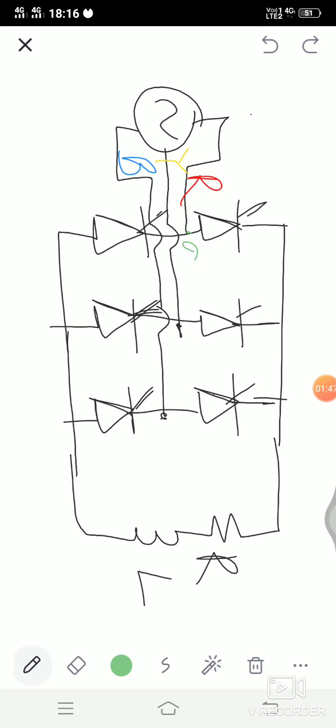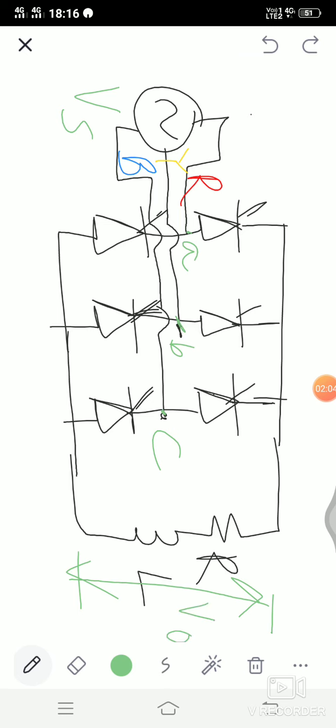These are the different points A, B, and C. And this is supply voltage, which is three phase type, because you can see three wires are coming out of it. And this is our load, which is RL load. Here the voltage drop is your V naught, and here the current which is flowing is your I naught. Right. Now next is about the naming of thyristors.